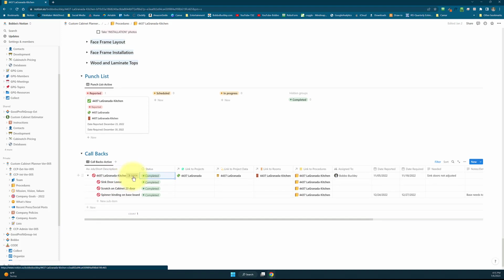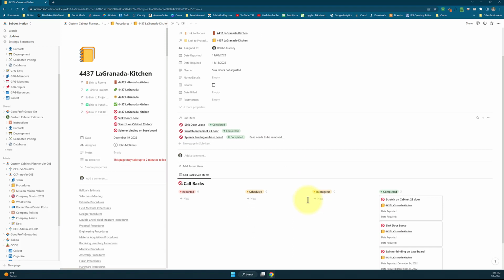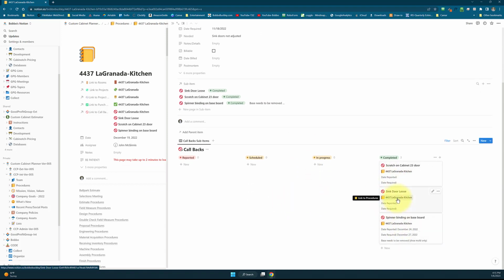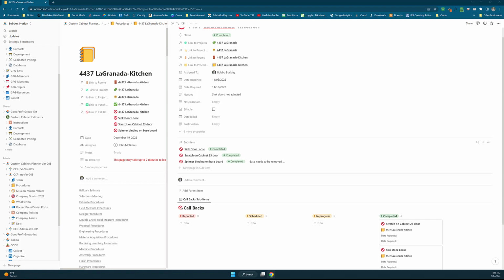If I actually open this one up, I really like this part of it. You see that we have the Kanban board for those three items. Now I finished the last one off, so they're all in the completed column, but these are those items. So if I open up the master, I do have a Kanban board of the subtasks for the master, and they're working through a Kanban board. So that's pretty cool. That covers everything I wanted to touch on this 8th course of the procedures page,